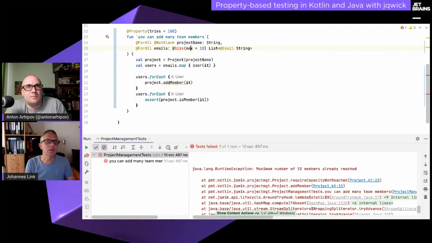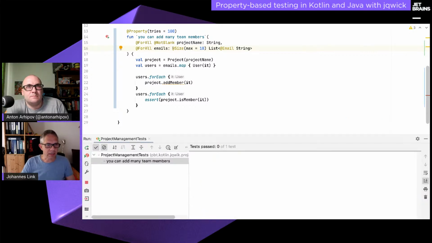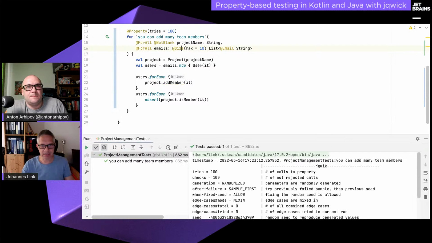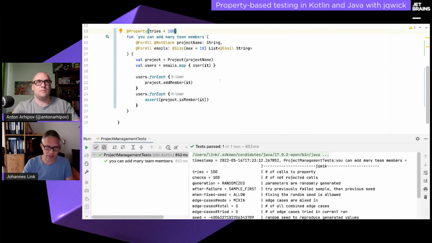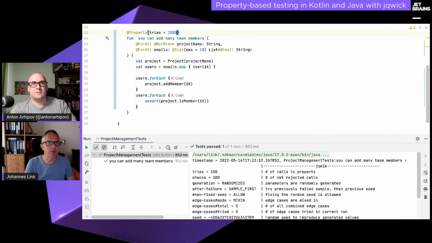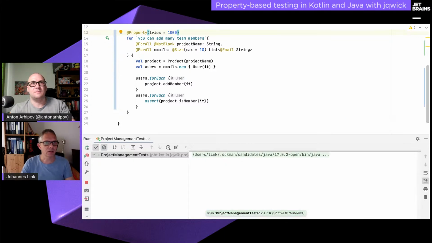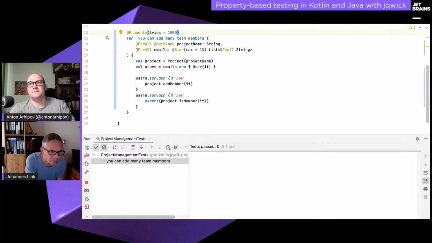Let's see. Okay, let's check. So hope dies last, but in the end it works. But there we see, because I know there is another problem hidden, that sometimes the 100 is not enough. I have to either retry again or raise the number of tries. Let's see if that will already reveal our problem. And it seems